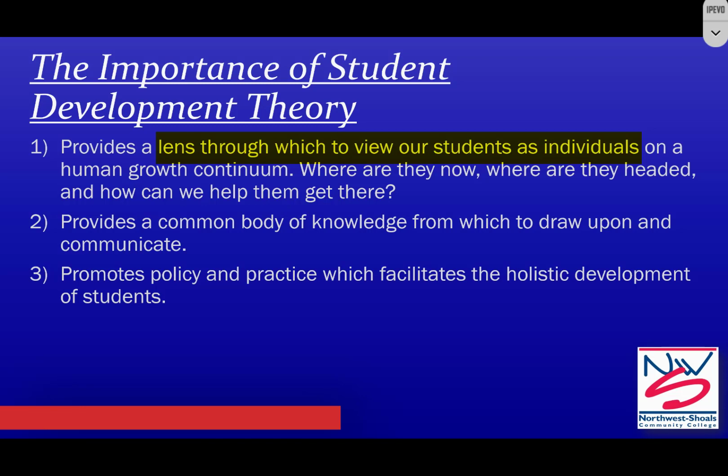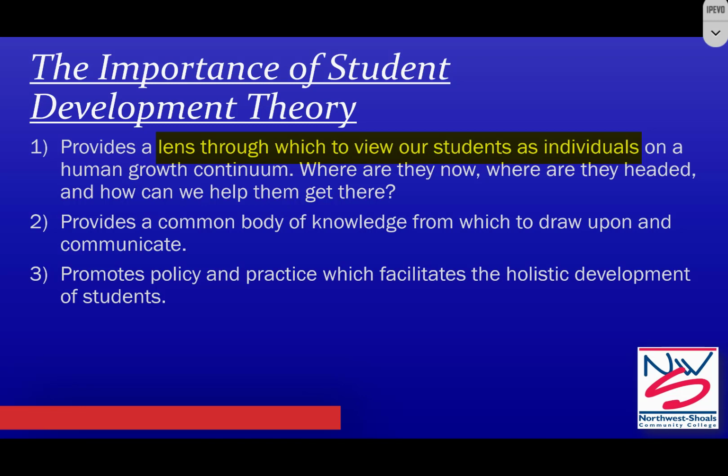is of how students develop, and how they go from viewing the world as 18-year-olds to 25-year-olds, then it kind of gives you a little bit more empathy for them when they do and say certain things and behave in certain ways, and it gives you a little bit more of an ability to make decisions in terms of how you are going to be able to take them from where they're at in their development outside of the academic realm, and move them forward to the point where they can begin to develop into mature civil human beings.